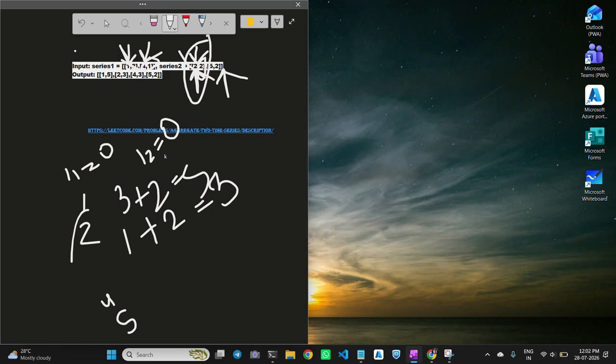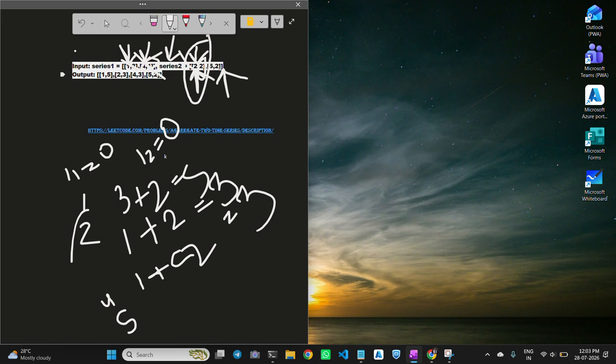Here I have the timestamp 5 and here I have the timestamp 4. Since both timestamps are different, I will firstly process the minimum timestamp among these two. Since 4 is the minimum, I took the associated value and the value associated in the second array as well. It is 2. So this will be 3. And now since I have processed the fourth, I will be out of this array.